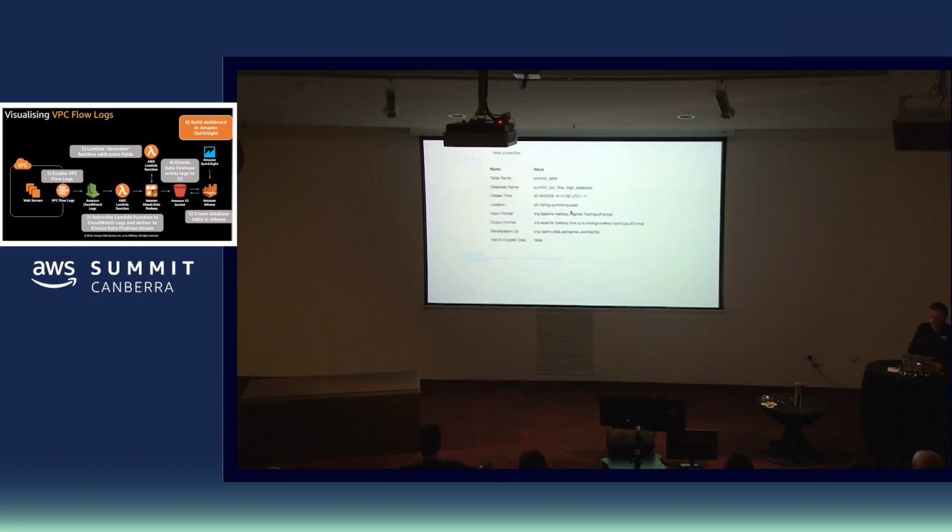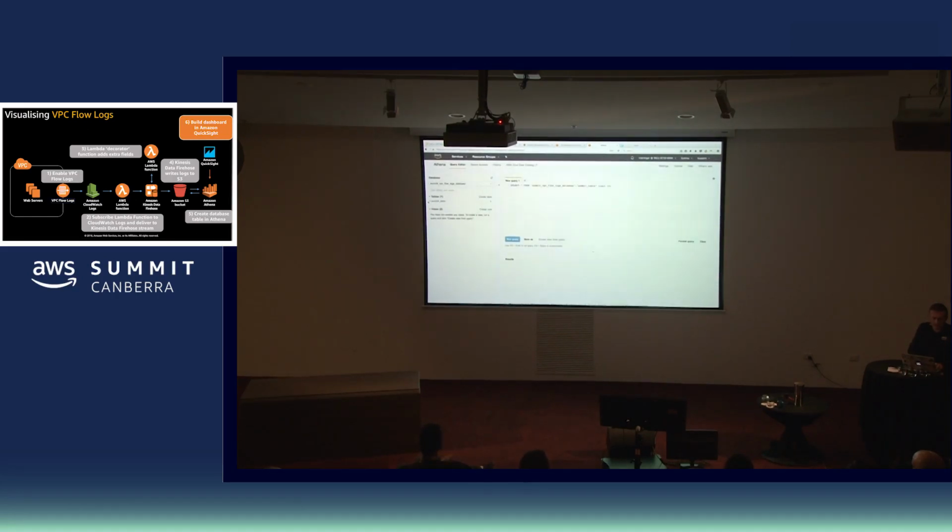So we have this string summit bucket, and that's where our VPC flow log information is being delivered to. And then we create a table which simply defines each of the normal fields you would expect in a VPC flow log, along with the extra information that we're adding, such as security groups and direction of traffic. And you can simply make sure that it's working for you by doing a quick preview table in here